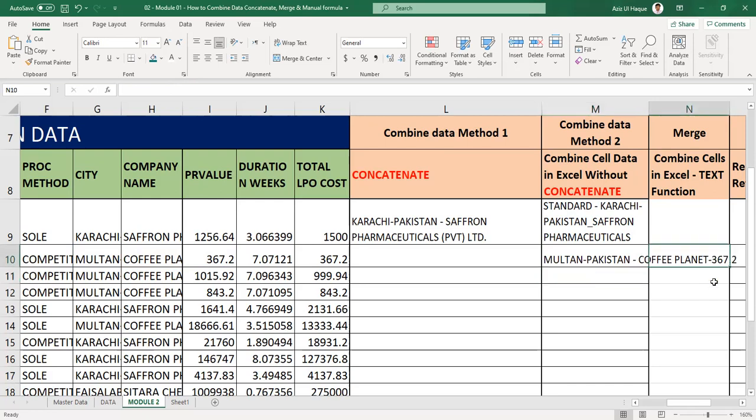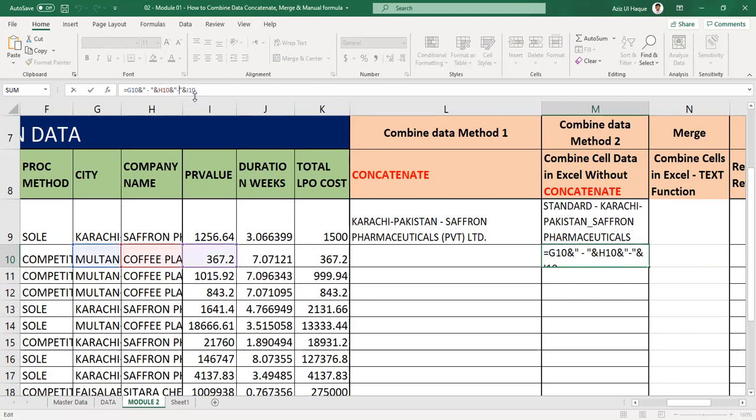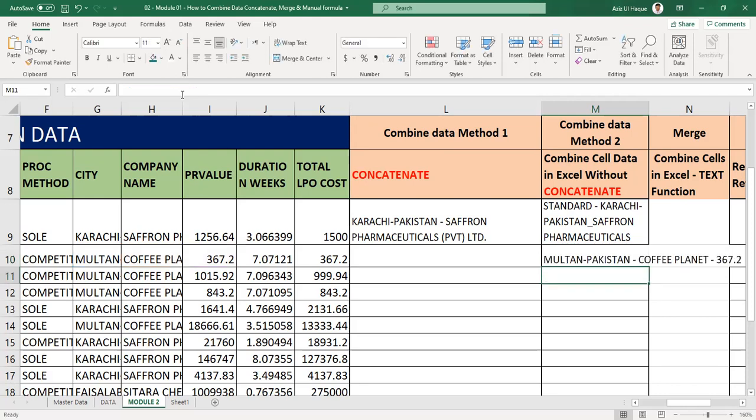See, it is here now. What the formula we used is there now. You can see 367.2 is there. And you can increase the space, it's up to you. If you want to increase the space, just come into the formula, click there, and increase it as you need.